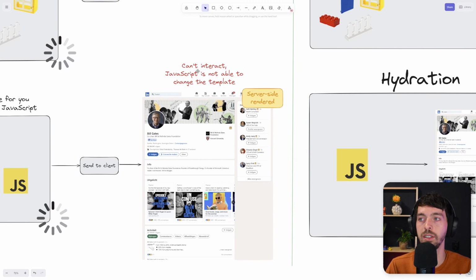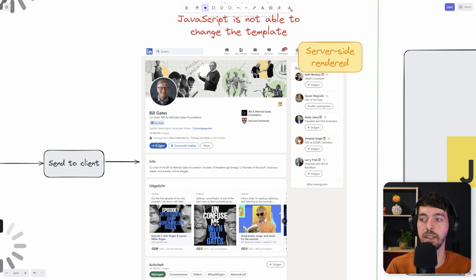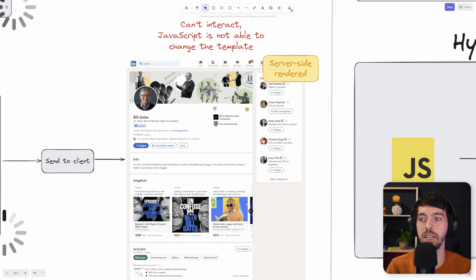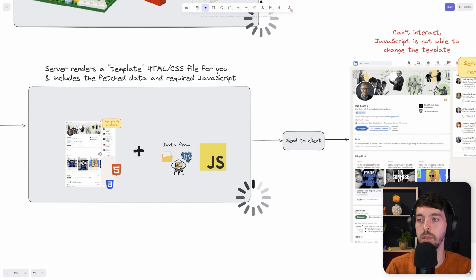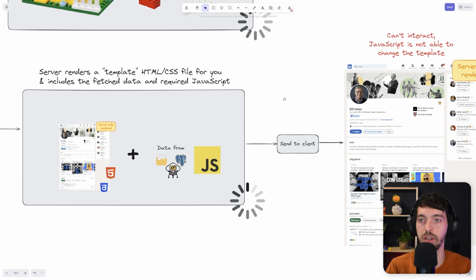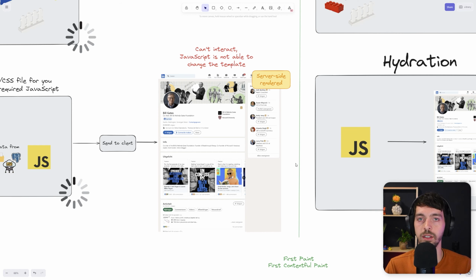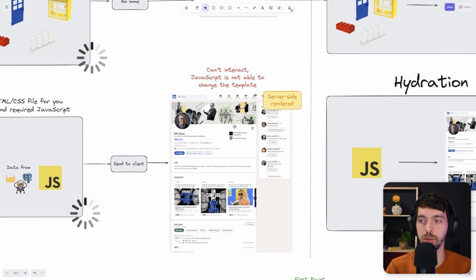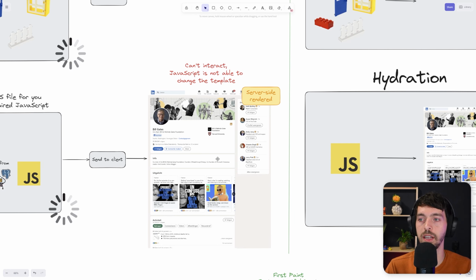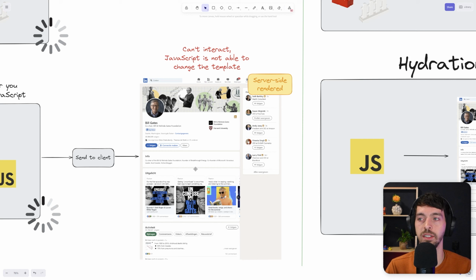So the only downside really is that you cannot interact with it, and JavaScript is not able to change this template. So it cannot, for example, just simply add an on-click handler to this follow button, because it doesn't know the structure of the HTML that's being sent by the server, because it needs to first execute JavaScript and render that template before it even knows the structure of it. So the only downside really is that you cannot interact with this page, and JavaScript is not able to only add that interaction. It's a server-side rendered page, and you cannot really use that besides to show